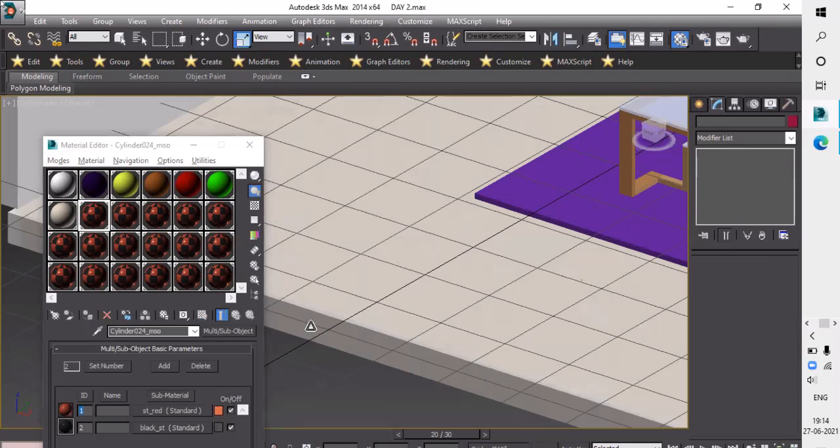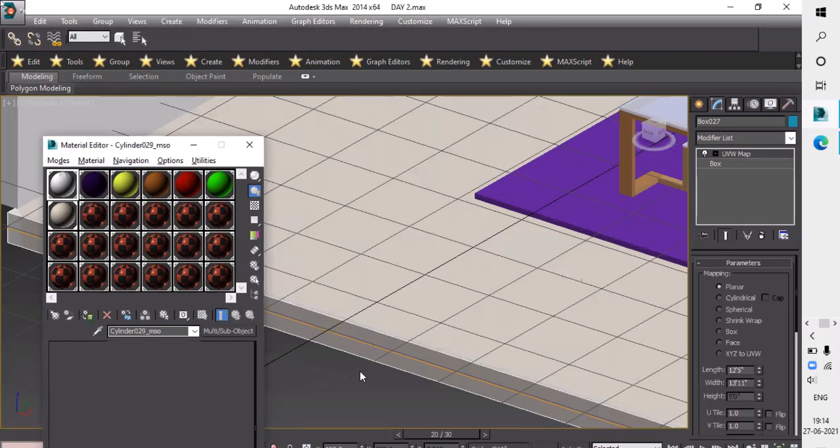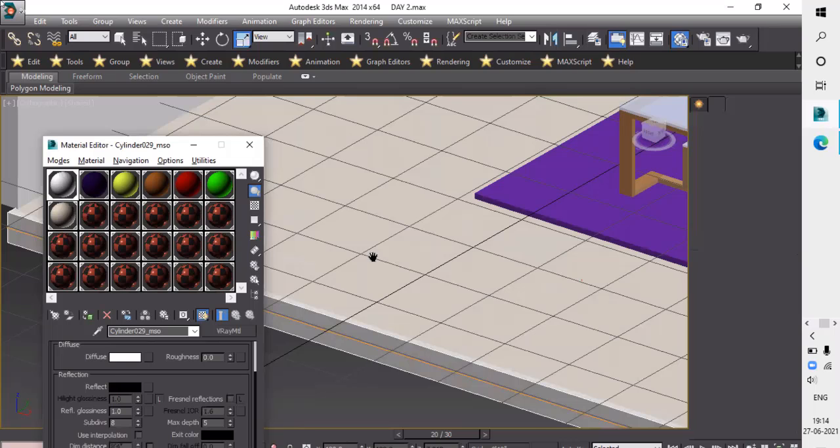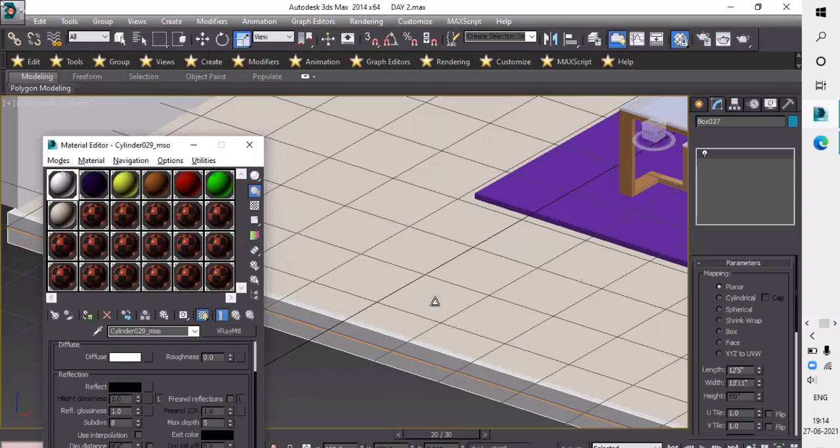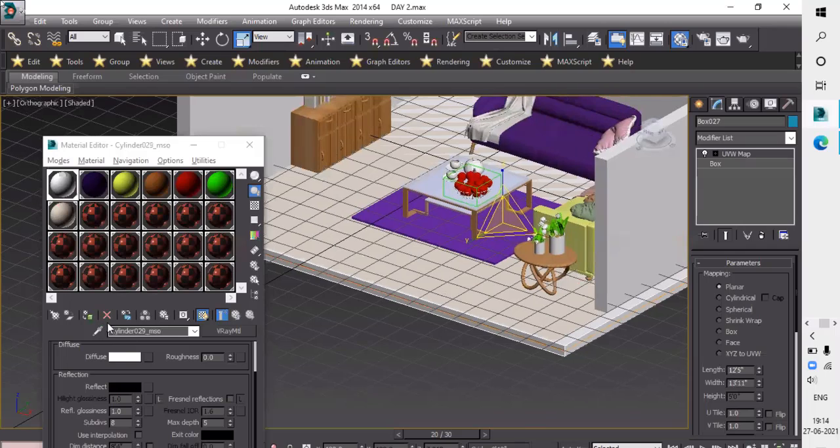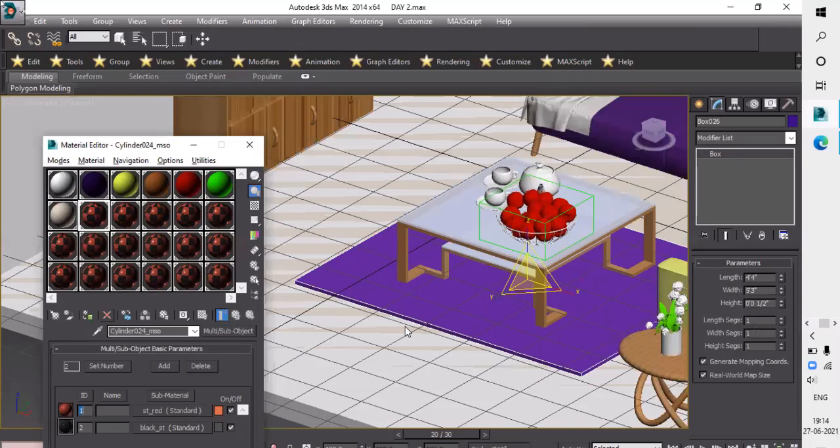Okay, I want another texture here, for the carpet. Okay, I will give the new texture of a carpet. What will I do here? Please see carefully and keep in your mind.